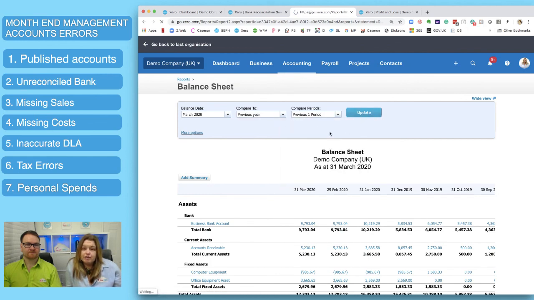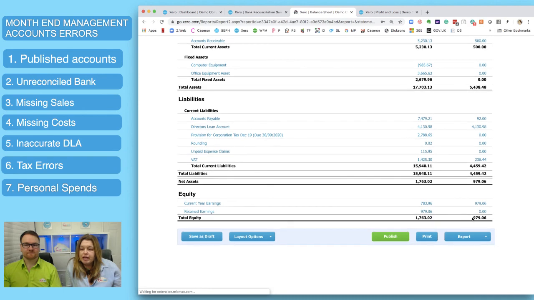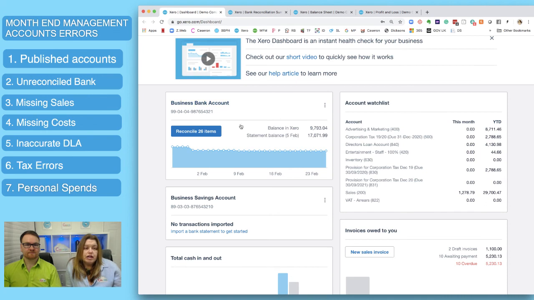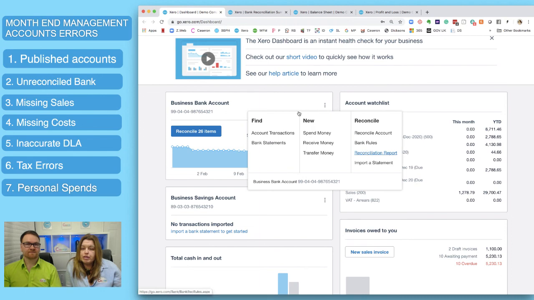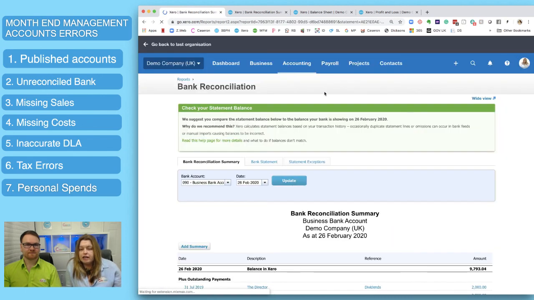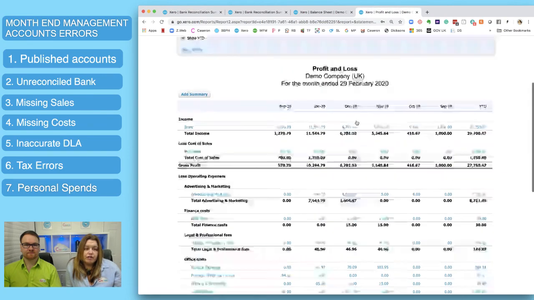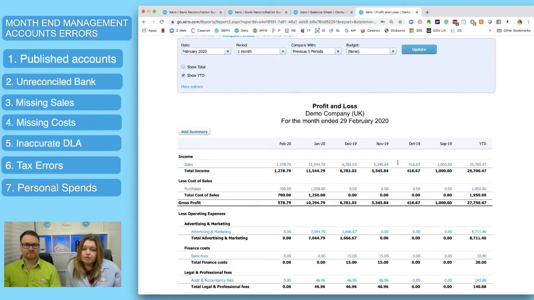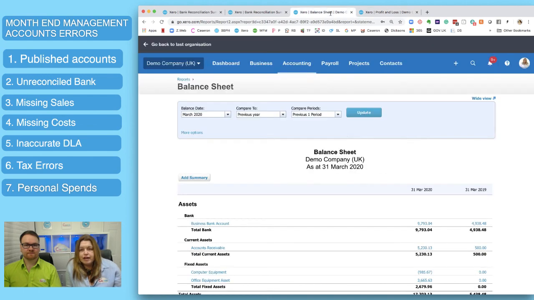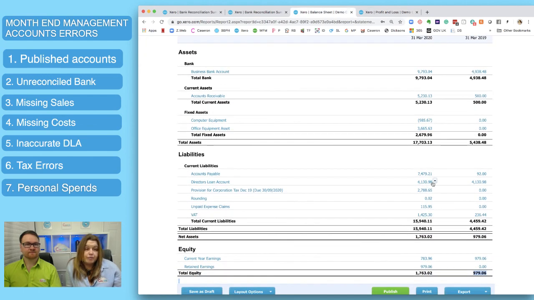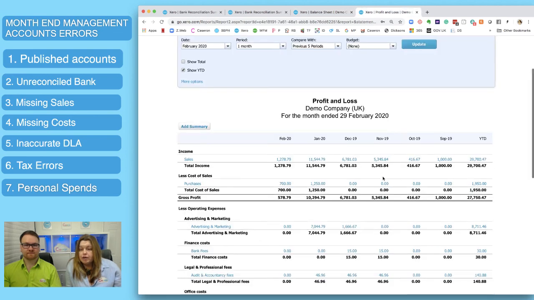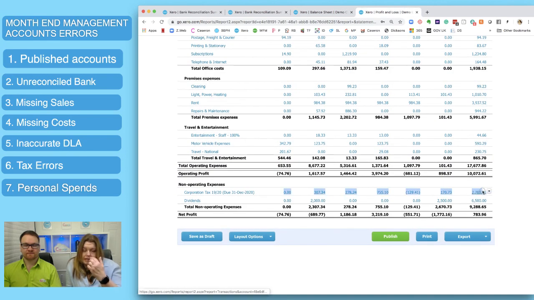So check your published accounts and check that the balances in the balance sheet match the accounts in your published accounts. Check that all of your banks are reconciled and run a reconciliation report to make sure that you haven't missed anything and you don't need to go back and make any adjustments. Check for missing sales, check for missing costs. Talk to your accountant and make sure that you understand what your director's loan account is and how to reconcile that. Check for tax. Another error we sometimes see is that tax paid this year that relates to last year